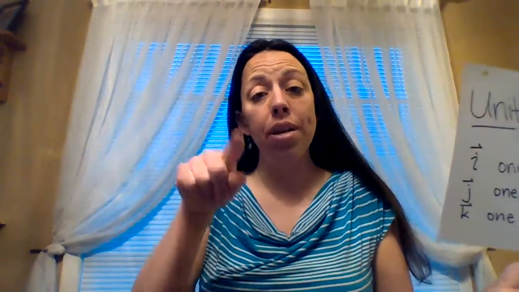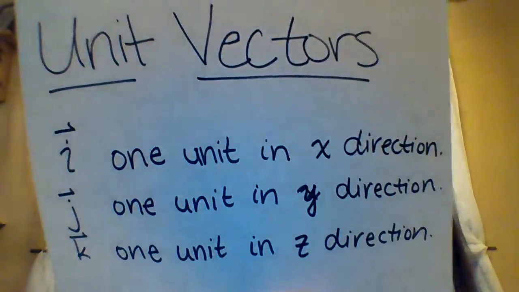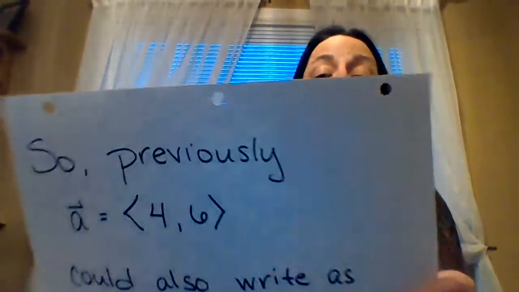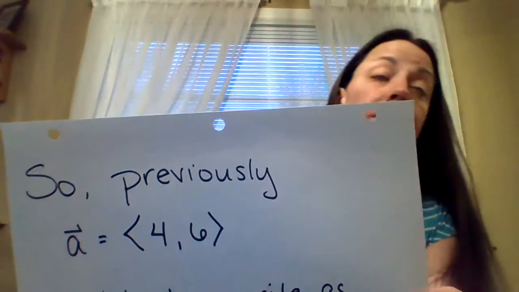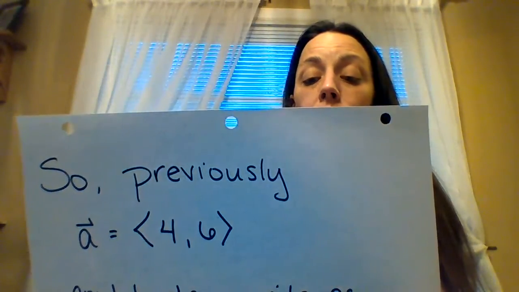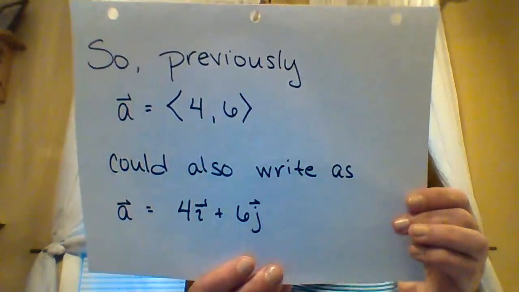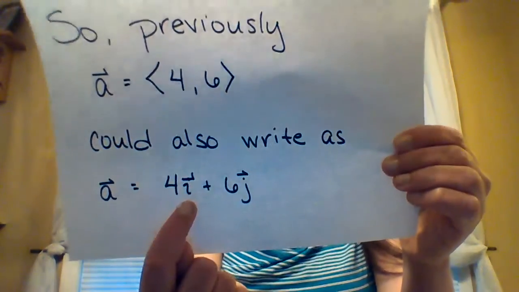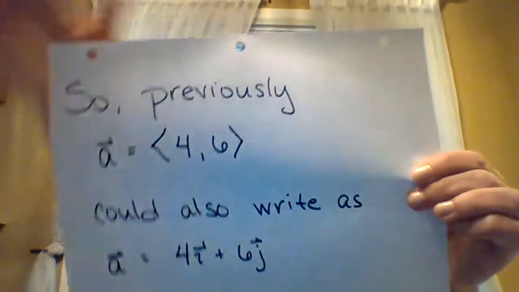Remember x, y, z, x still goes left and right, y still goes up and down, but z would sort of come forward or towards the graph, towards the computer or away from the computer for you. So those are our 3 unit vectors. And so previously, we would write vector A like 4, 6. But because of unit vectors, if I would want to, I could write A as 4i plus 6j,